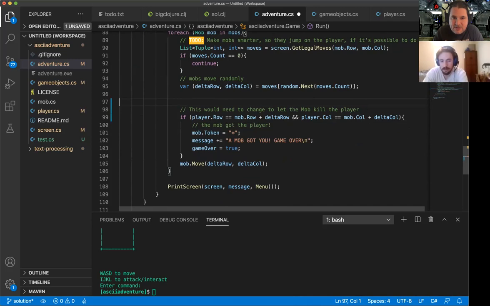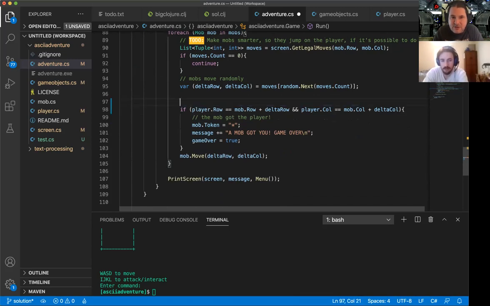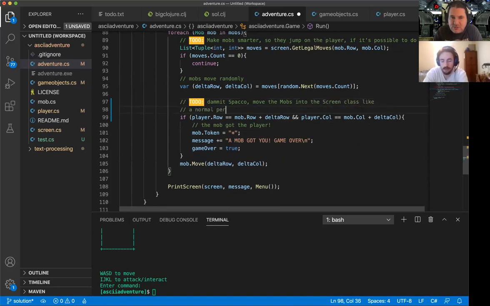I can probably get rid of this and just put a to-do note in here to say, to-do, damn it, Spacco, move the mobs into the screen class like a normal person and not have them in main,